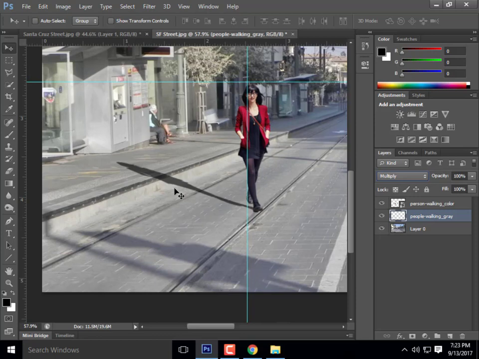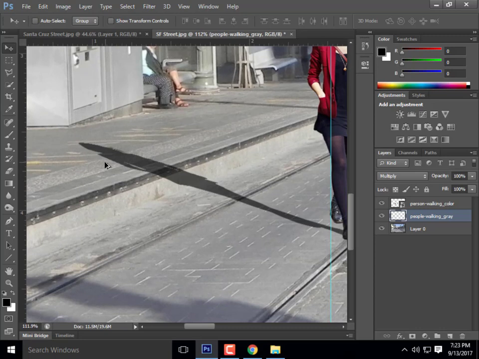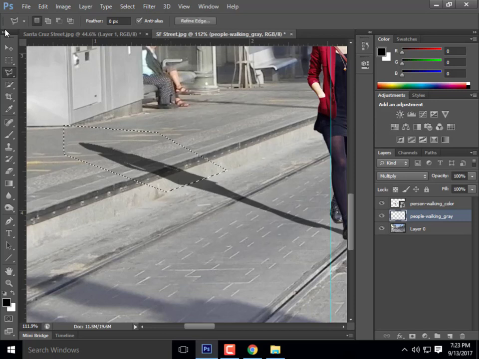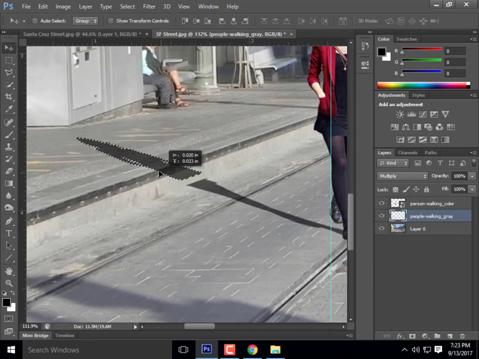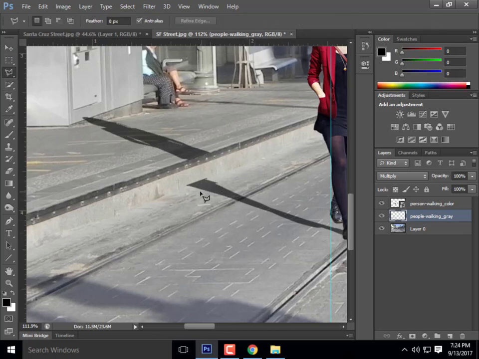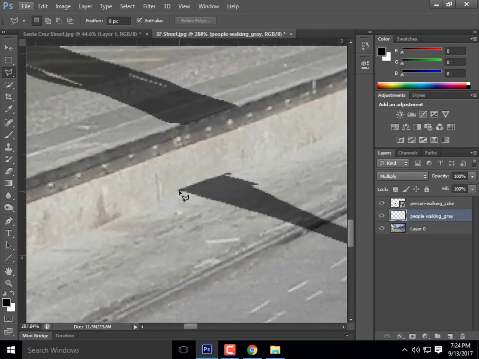Let's try that one more time. Okay, so Polygonal Lasso. I'm going to select my shadow layer, grab my move tool, and I'm going to place it actually about over here. I think that's, yeah, that should be better. Maybe even over here. Okay? So Control D for deselect. That will turn off our selection. And again, Polygonal Lasso, I'm going to go ahead and connect the dots over here to fill in the rest of my shadow,